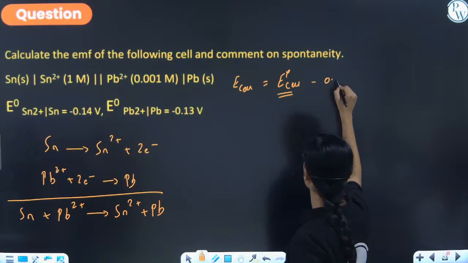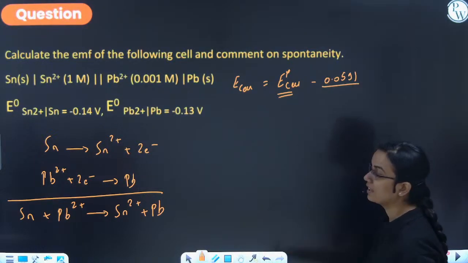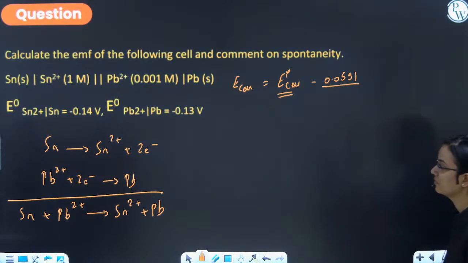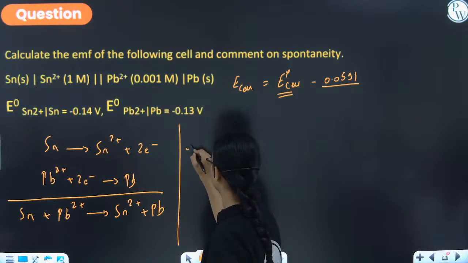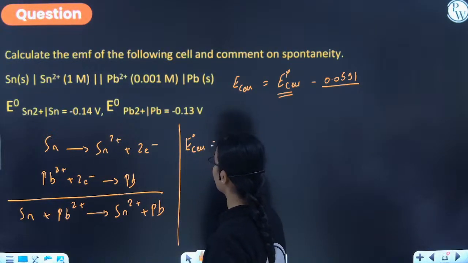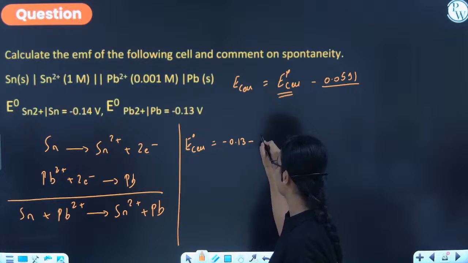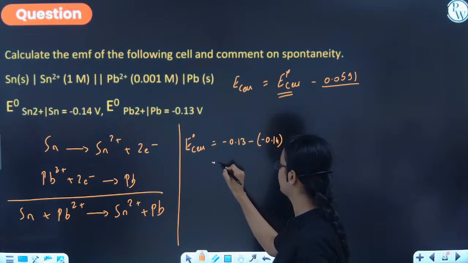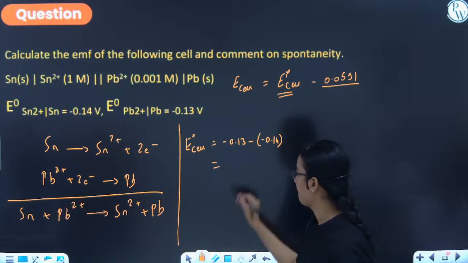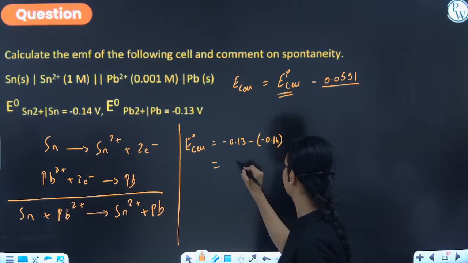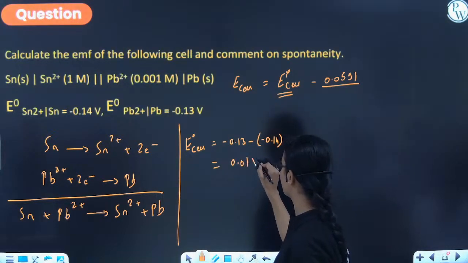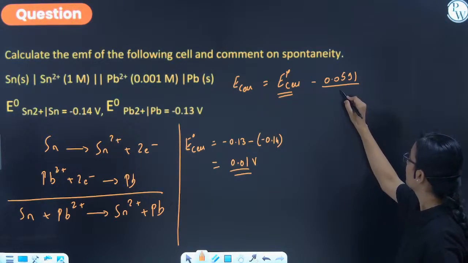इसकी वैल्यू E naught cathode minus E naught anode. कितना आ रहा है निकालो. What is E naught cathode? E naught cathode is 0.13 minus, कितना आएगा, 0.01. This is your E naught cell. ठीक है,